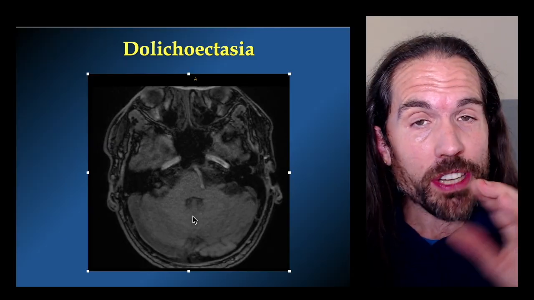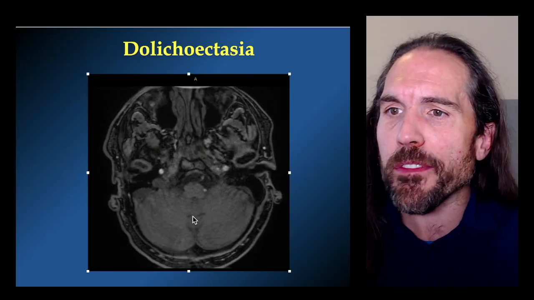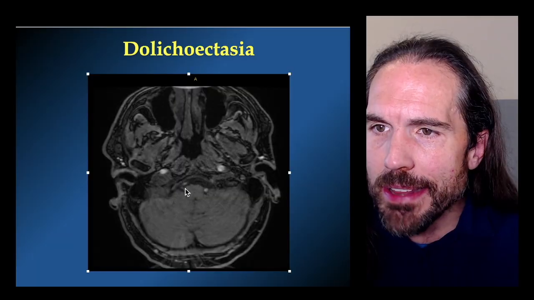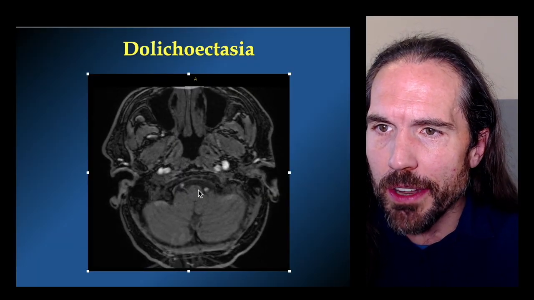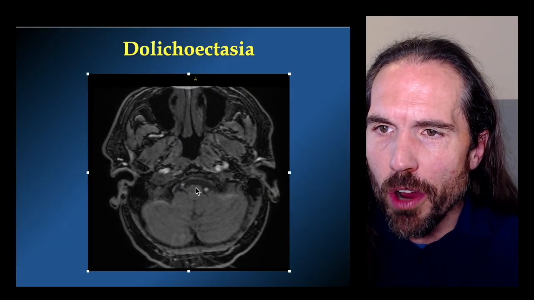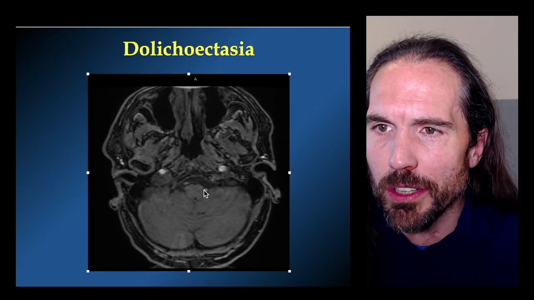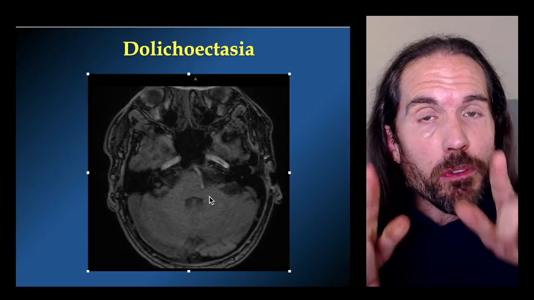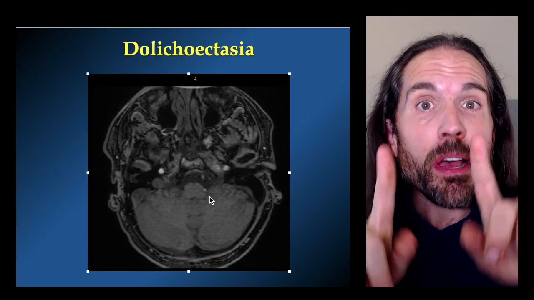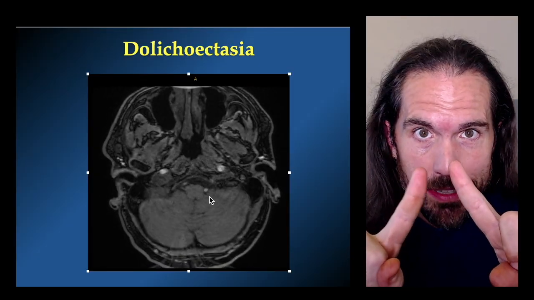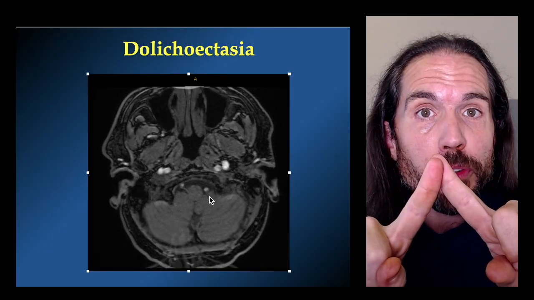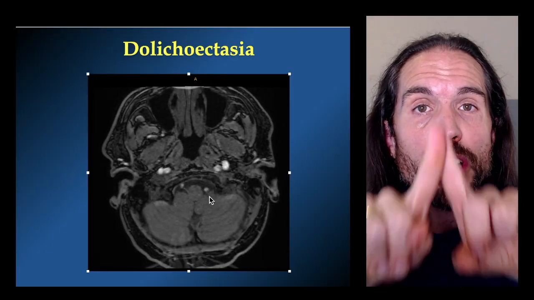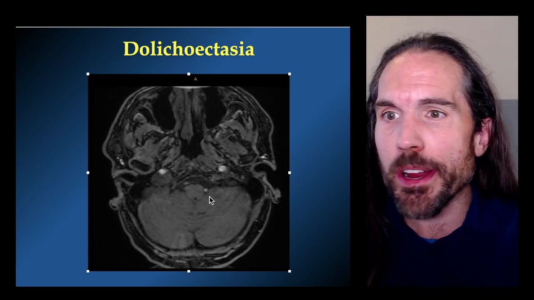the balance coordination hub of the brain. So it's in the back of your head right here. The brainstem itself is going to be located right here. And then I'm going to draw your attention to those two little white circles. Those are the vertebral arteries, where they're normally coming up along the base of the skull, base of the brainstem like this, and where they are normally going to unite midline